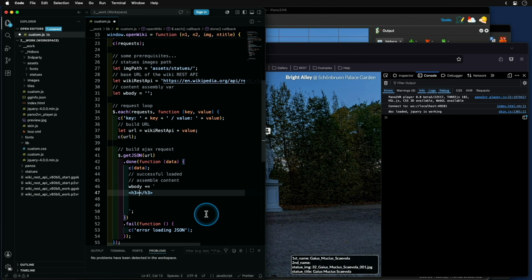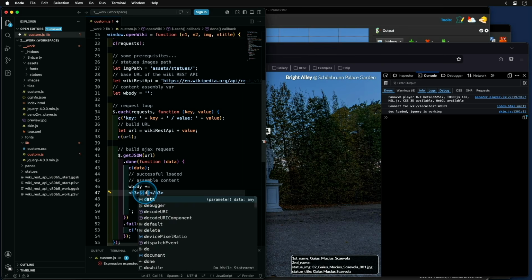So let's start with an H3 for the headline, and the headline closing tag is /H3, and inside we now need to get something from our data object, and this is simply done with a dollar sign. Please keep in mind it is different from this dollar sign. This is a variable placeholder if you are working with backticks, and this is a representation of the jQuery object, so don't mix these two up. And this placeholder always expects curly brackets after it, and here you can directly address variables or objects or children of the object. So let's start here with data, and the simplest child of this data object is